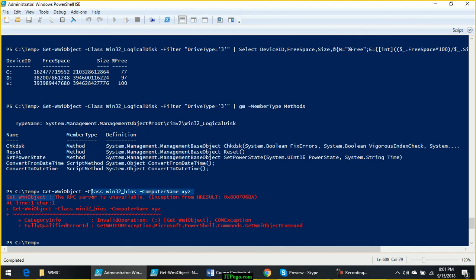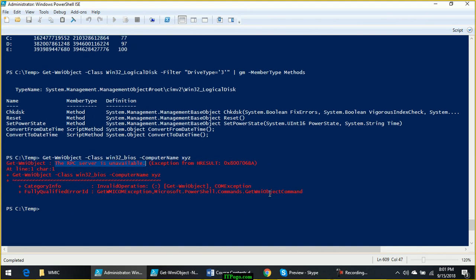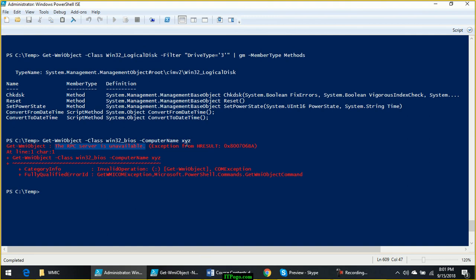RPC server unavailable. That means when you are giving a computer name, Get-WmiObject tries to connect to the RPC service, remote procedure call.